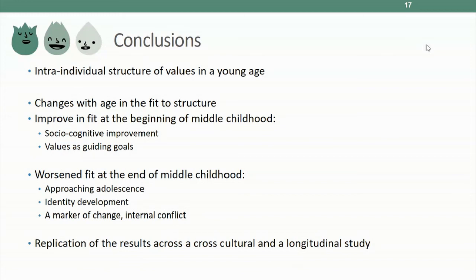But although they have that at a very young age, they also change over time to achieve a better fit to the structure. And we find at middle childhood that this improvement is in line with what we hypothesized. And we explained that, although we did not check that in this study, by socio-cognitive development. They may be better able to compare and contrast. We know that there are differences in working memory, there are differences in attention, that children develop their capabilities that they acquire at these ages that may enable them to even mentally compare across the values and contrast across them